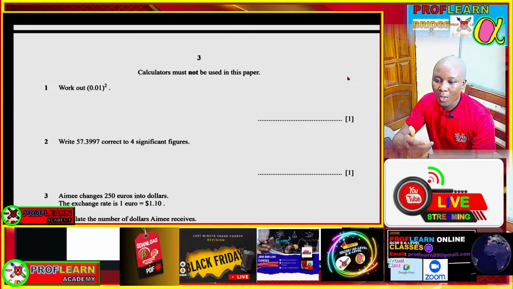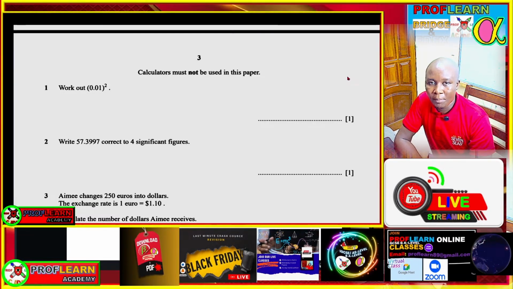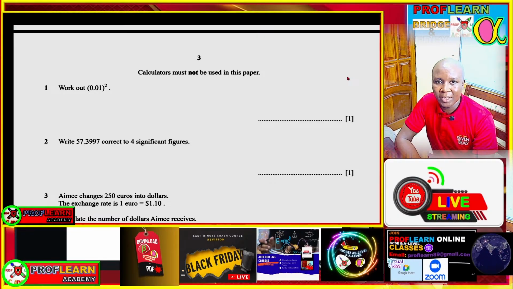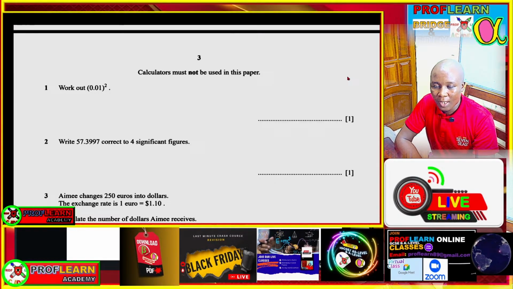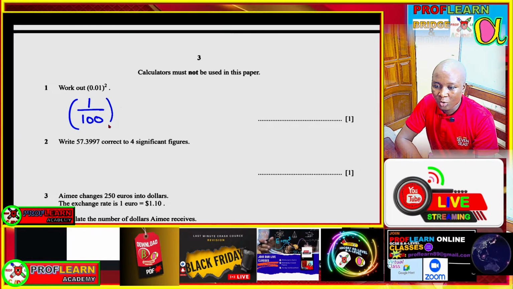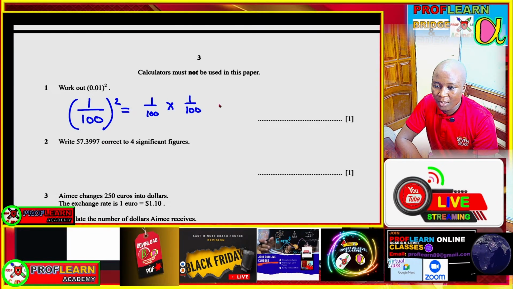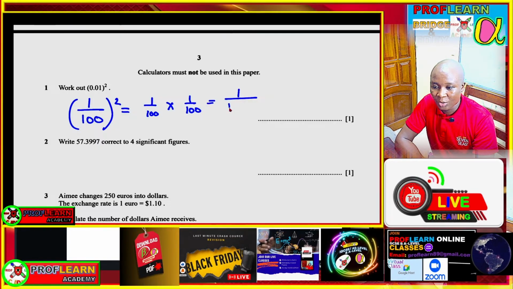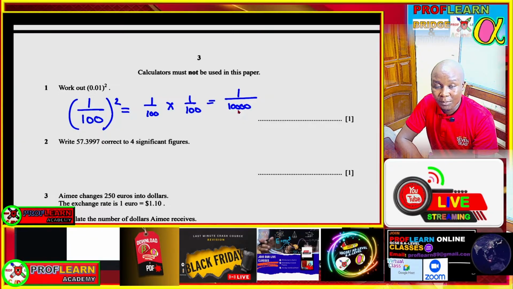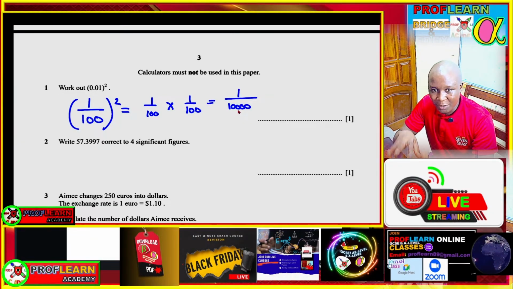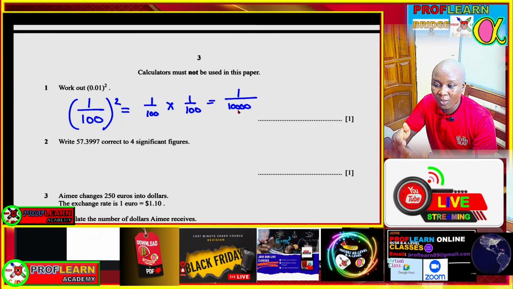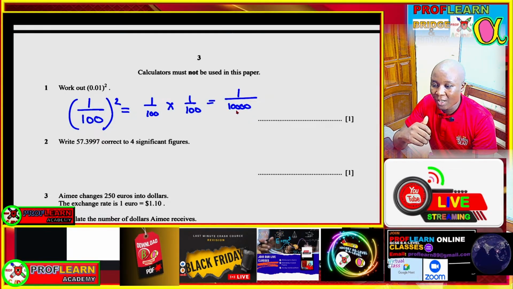The first question was: work out 0.01 squared. You can be told to find squares of decimal numbers or squares of fractions. In this case, you are supposed to express that as a fraction, and that is going to be 1 over 100. Then squared means you multiply this number, so 100 times 100 gives you 10,000, and 1 times 1 will give you 1. So if we express this number that we have gotten now, 1 over 10,000,